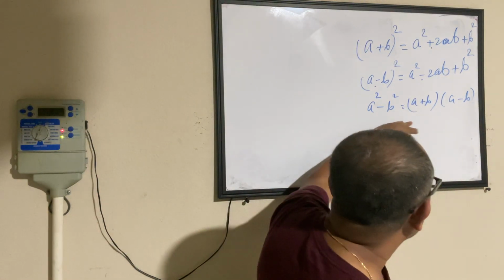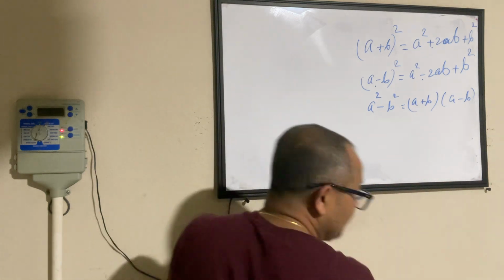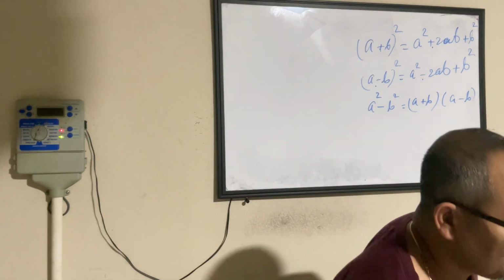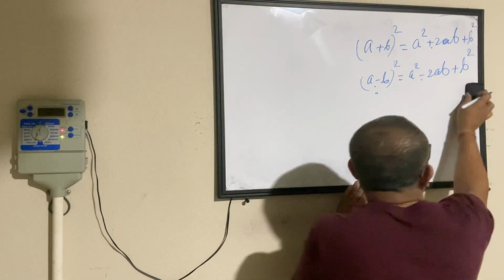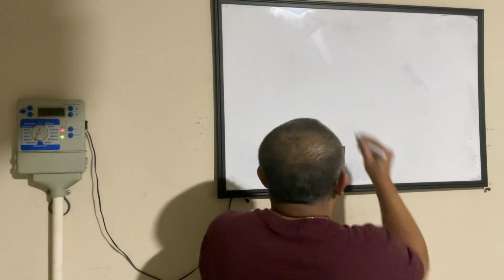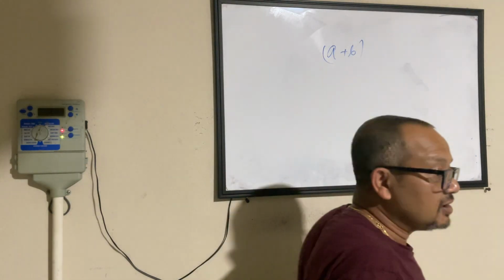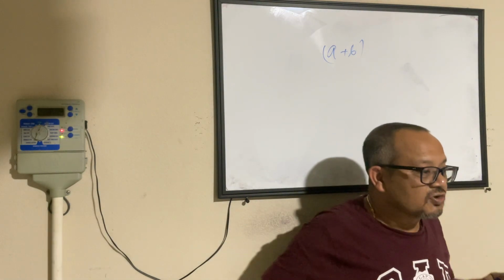a square minus b square equals (a plus b) into (a minus b). Now let's look at it. What do we mean by (a plus b) whole square? What does it mean? This is such an important formula that it will stay glued with you